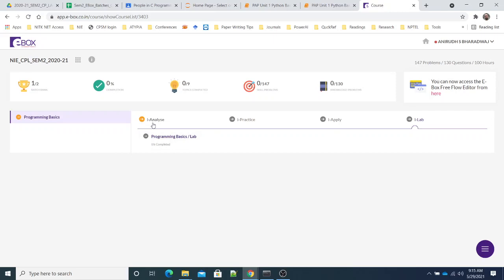Okay, so 5 marks for iAnalyze, 5 marks for iPractice, 10 marks for iLab, and then one more component, iViva, will come, that is for 5 marks. That will make a total of 25 marks for each module. In this fashion, there are 9 modules in total. Each of these modules will be evaluated for 25 marks. And finally, your continuous internal evaluation mark, CIE mark, will be the average of the marks you are obtaining in each of the 9 modules. That will be your internal marks.